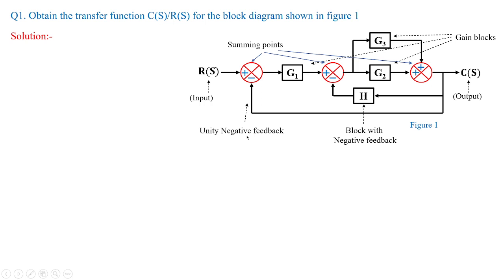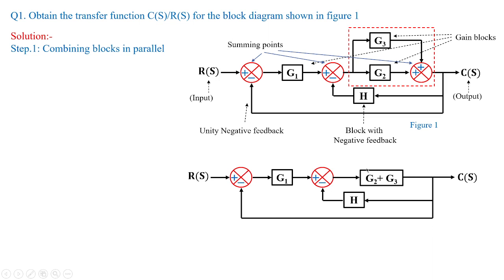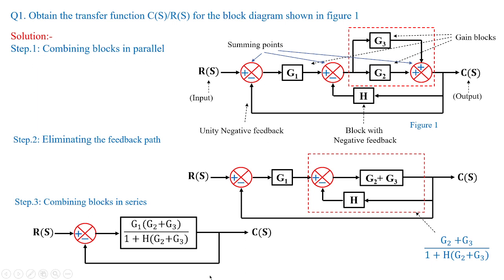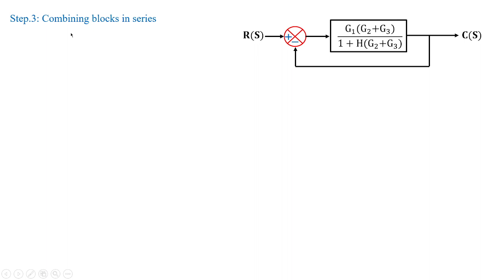So we'll follow the basic block reduction rules in order to solve the given block. So first, combining the blocks in parallel, you can see G2 and G3 are in parallel. So that can be replaced with G2 plus G3. And again, you have a feedback path. So you can eliminate the feedback path like this, with G2 plus G3 by 1 plus H(G2 plus G3). Now that can be replaced instead of this block, and you have a combined series block of G1 with the latest resultant. So this is how you're going to get the reduction of this particular block to this block. Now you have a final unity feedback, so that can be eliminated with the help of the same formula,